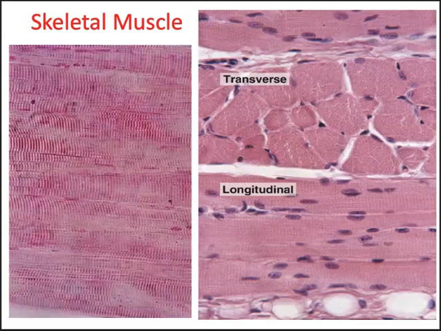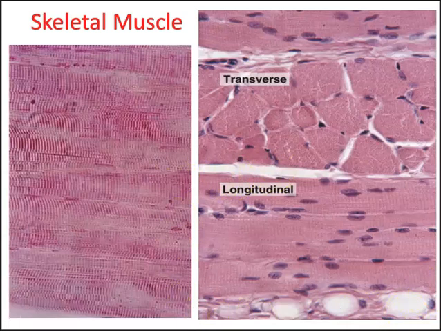Here are some more micrographs. These are more like what we will see on our slides. Ours are often stained with a pink stain like this, or sometimes they'll be stained with a darker black stain. You can see again those striations, those light and dark banding patterns along the cell. And you can see that the cells are arranged parallel to each other. So we've got all those cells running along here. And here we've also got